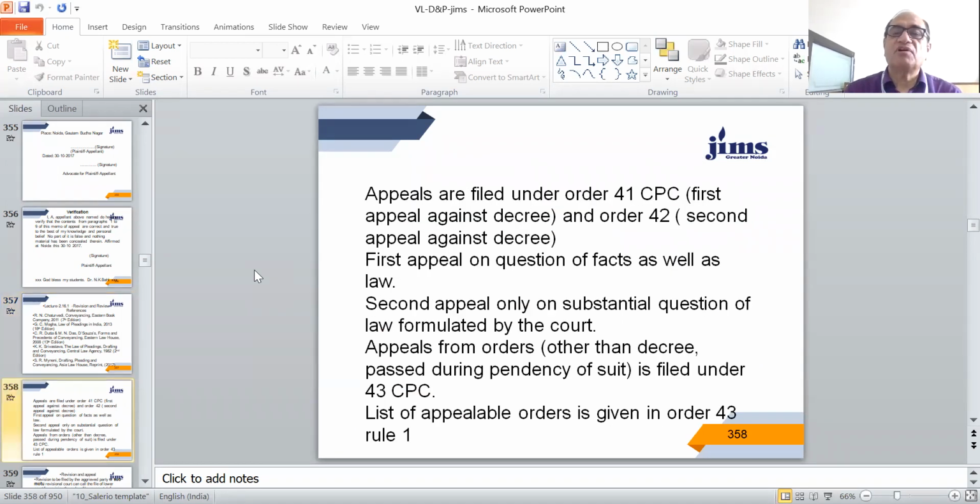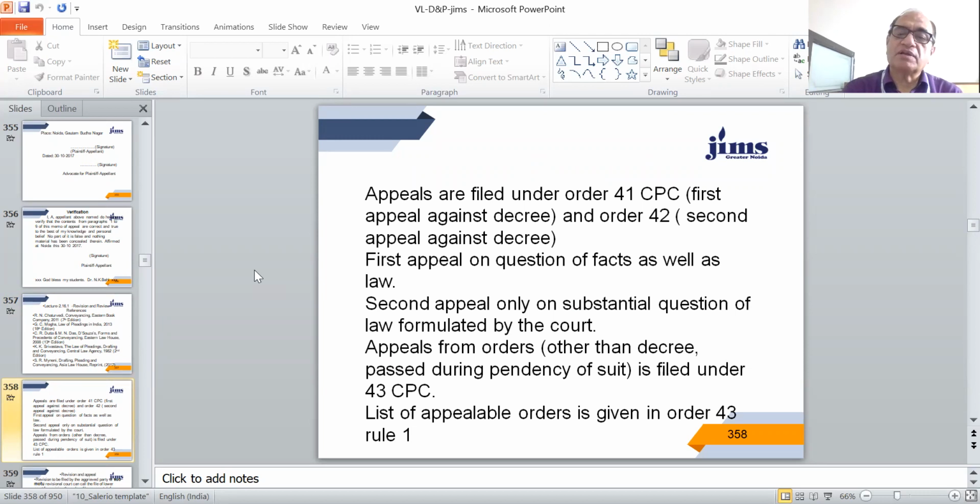Dear students, we have already learned the drafting of memorandum of first appeal, and we have also understood that appeals are filed under Order 41 CPC, that is first appeal against the decree, and second appeal against the decree can be filed under Order 42 of CPC. The first appeal lies on question of facts as well as law, and second appeal lies only when a substantial question of law formulated by the court is involved,